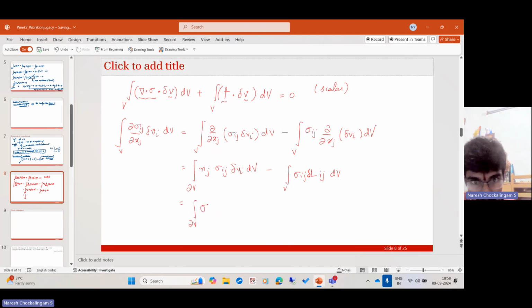So this becomes σn. σij nj is the ith component of σn. So this is the ith component of the virtual velocity field. So you can write this one as a dot product of σn with the virtual velocity field δv, minus the integral over the volume. This is a double contraction. So this is nothing but σ double dot